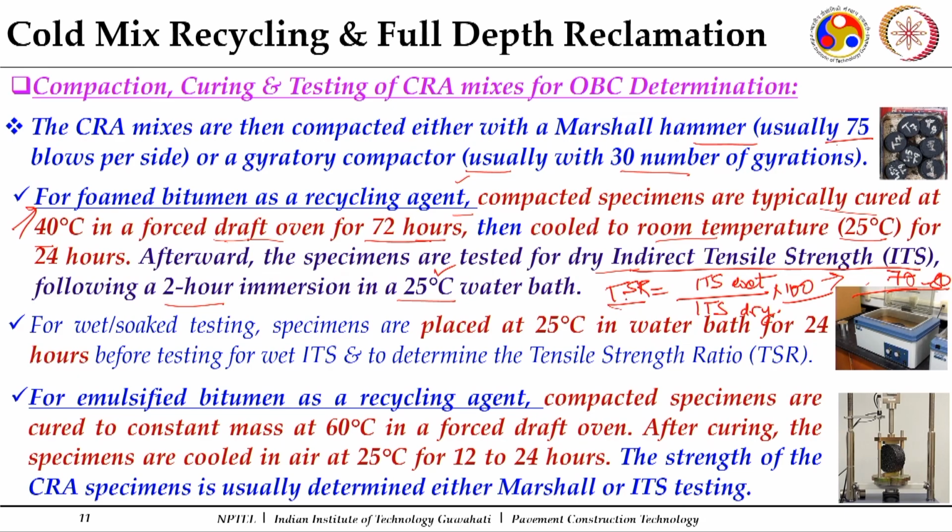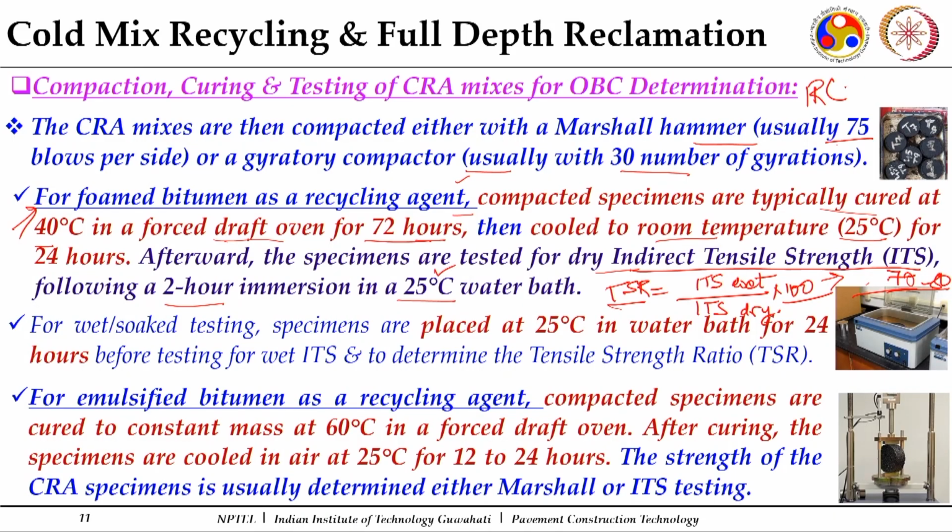So, tensile strength ratio for most of the cold asphalt recycled mixes, as per our IRC 120:2015, a tensile strength ratio of 70% is usually preferred and considered for evaluating these mixes. So, we can have the dry ITS value and the one after conditioning at 25 degree centigrade in a water bath for 24 hours, and then we determine the wet or the soaked ITS value,